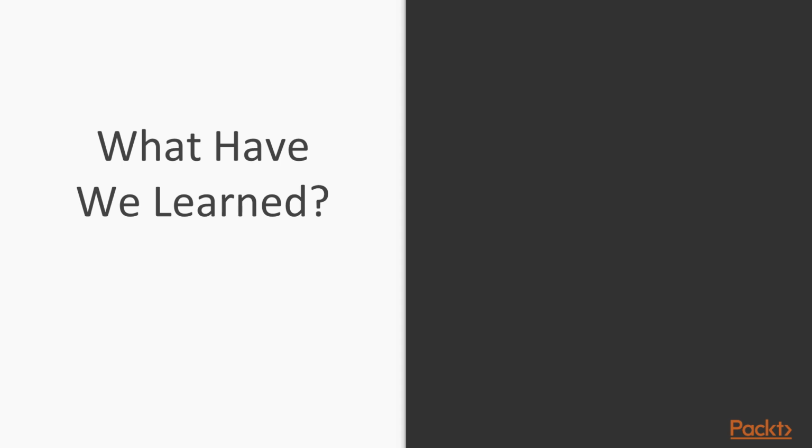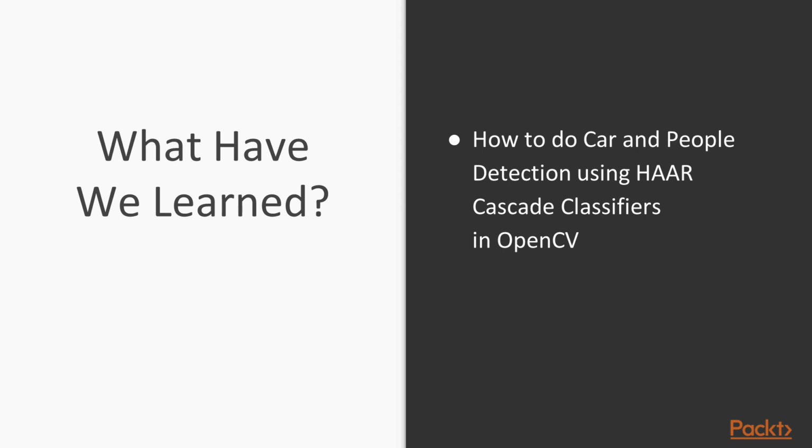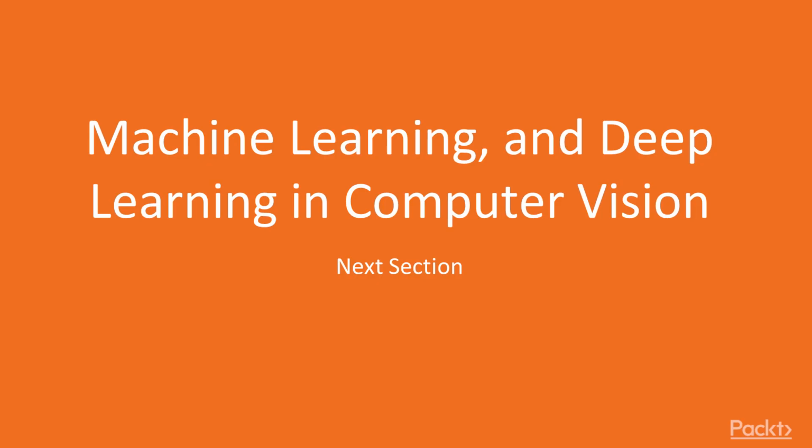So just to summarize what we've learned in this video, this was a simple video. We just used another two Haar Cascade classifiers to do car and people detection. So you've got exposed to a lot of Haar Cascade classifiers, which are good, but as you can see in our last lesson, they leave a lot of room for improvement, which we'll actually use more advanced classifiers later on in this course. So now let's move on to section 4, where we take a look at machine learning in